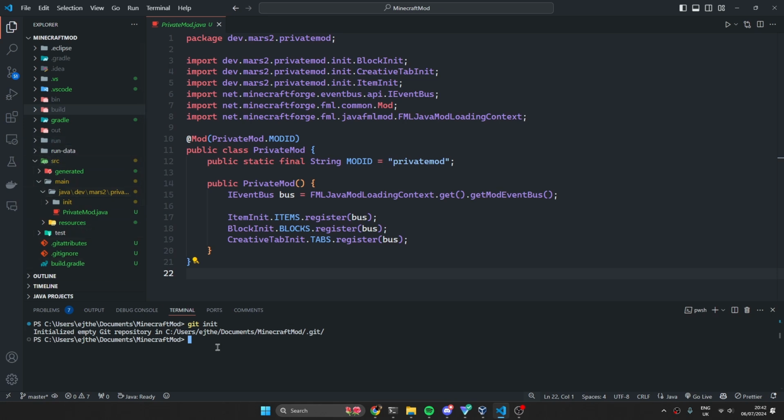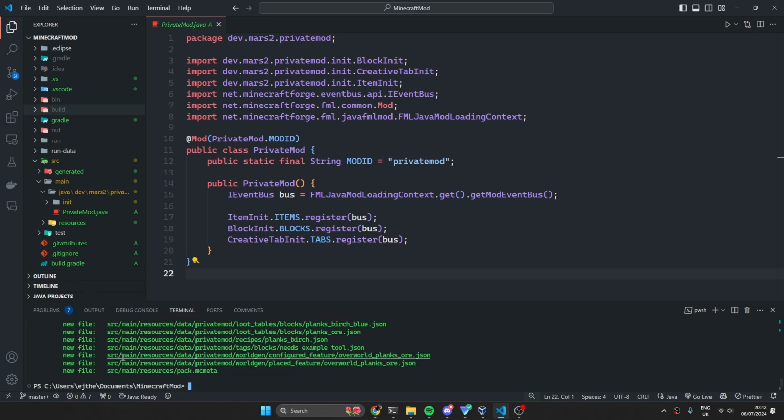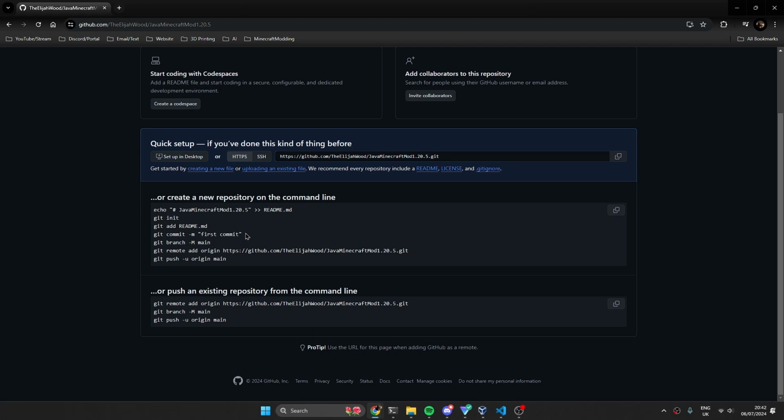So go ahead and do git add dot, and basically what this will do is that it adds the .git file, and then adds all the files, and the dot just means the directory. So go ahead and push that, and it'll push all of these files to your .git file. And what you can do is you can run git status to see what is there. And as you see, all of the files are going in, which is